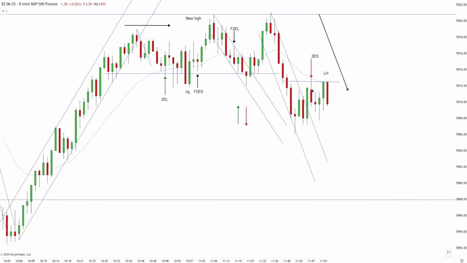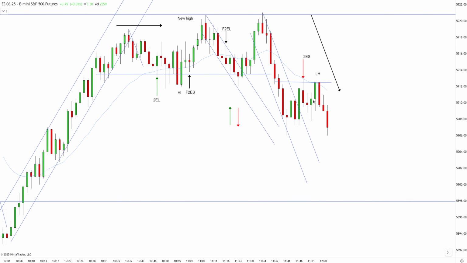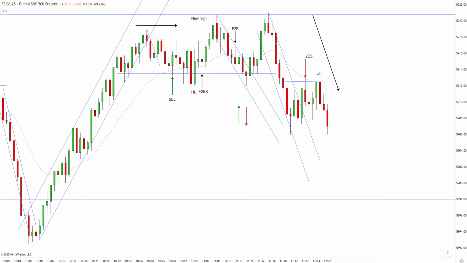A lower high confirmed second entry short. You're at the EMA, you have some kilo here, but because on this chart it's an inside bar, I would skip. If you don't have inside bar, you can definitely take lower high. Even the inside bar is super tempting because the context is so strong. Downtrend is new low. Once again, you can consider